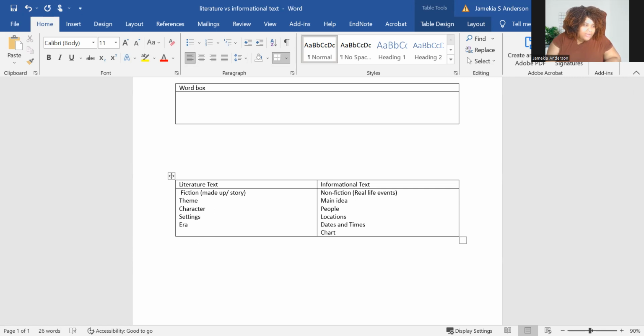I'm trying to think of anything else, because most of the stuff seems as though it can go through both, but the biggest thing is character, setting, situation, and people and locations. If you can just drive home that within your students, that will be a big factor in helping them understand the difference between literature and informational text. And then, of course, all the others, things like graphs and whatever else. I don't even know at this point for ourselves.